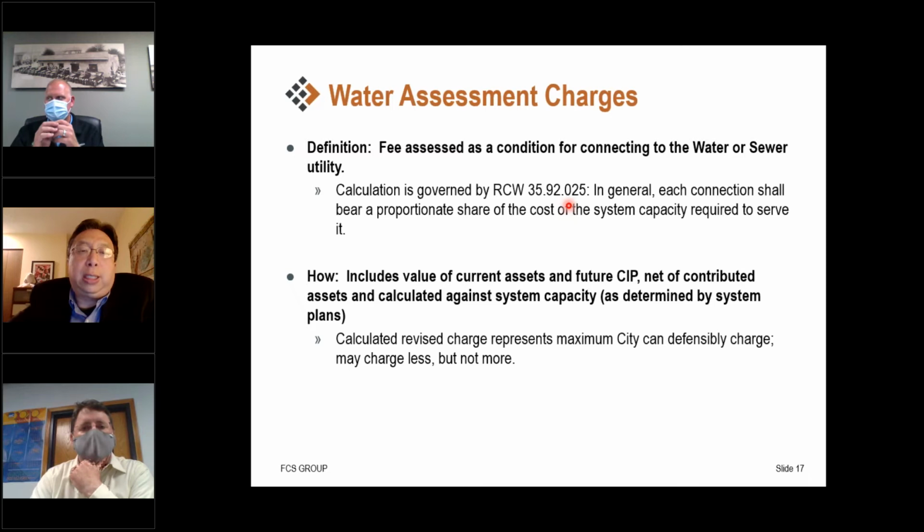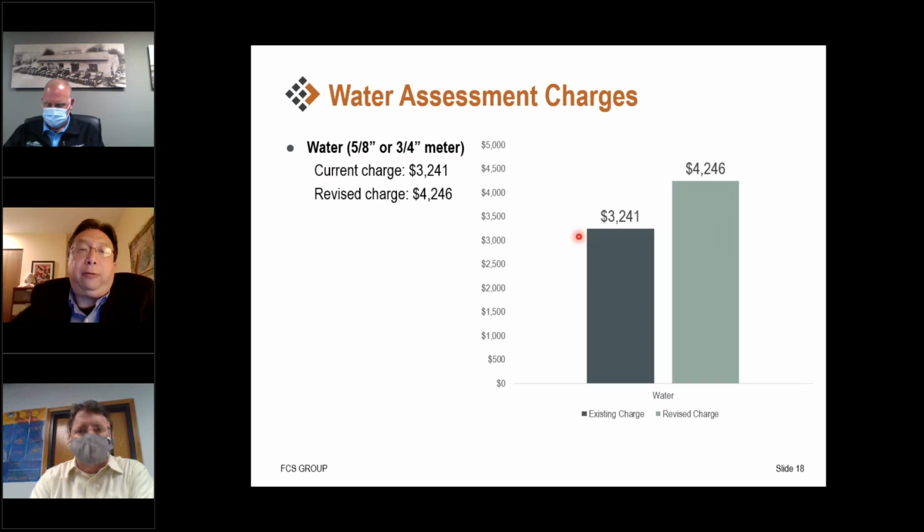And what we're trying to do is capture their equitable share of connecting to your water system and their fair share of what it costs to deliver water to that new connection. And for this charge, you have an existing charge of $3,200 for every new connection. And what we're recommending is that this charge increase by about $1,000 to about